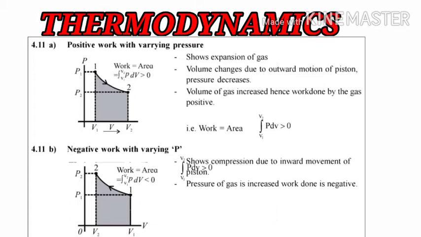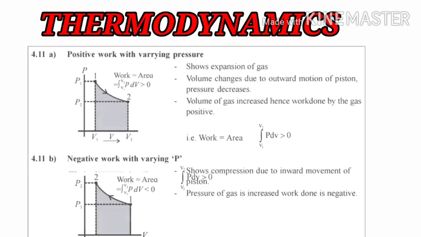If you study them comparatively, you will get it very easily, as both the diagrams are a little bit similar, but the values of 1 and 2 are just changed, and the work done which we will obtain at the end of the conclusion will be greater than 0. So you have to keep these two things in mind, then you will be able to differentiate these two cases very easily, and you will be able to solve the question in the exam very easily. So we will now move toward the next part of the chapter.